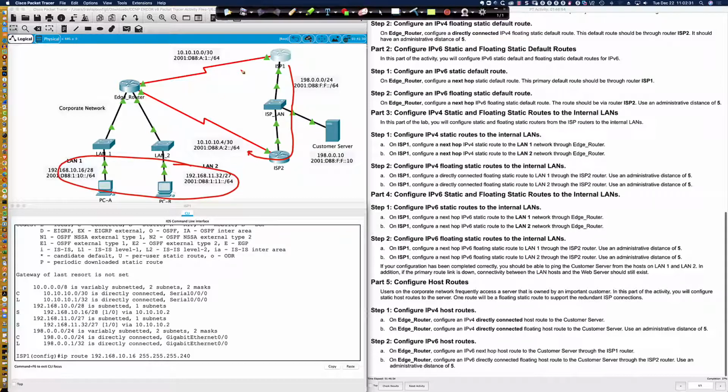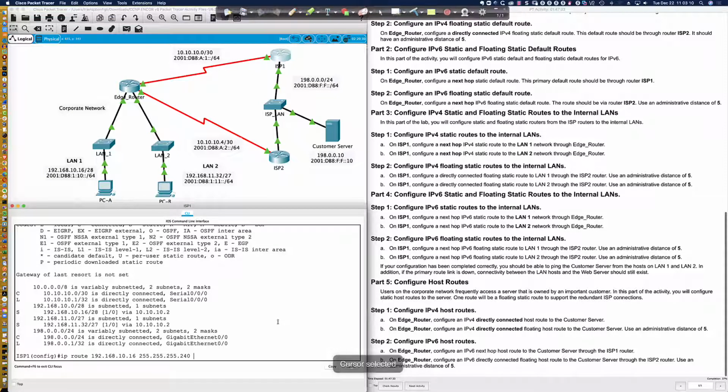And so what these directly connected floating static routes are doing is they're assuming, hey, this link here has exploded or is down or the line got cut. So now we want to come this way to get there. And since they're floating static routes, they will have a higher administrative distance than the two static next hop routes that we have configured, which are in the routing table, the RIB. These will not show up in the RIB. They're on standby. So let's clear the screen